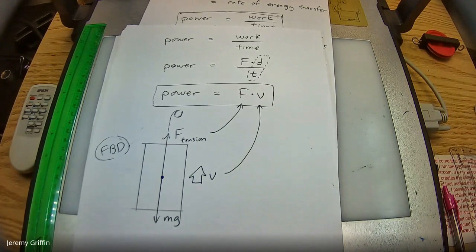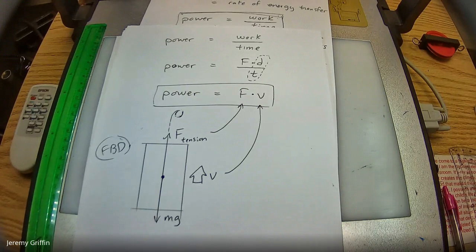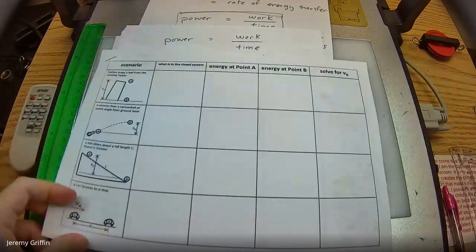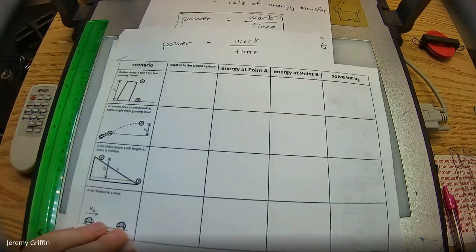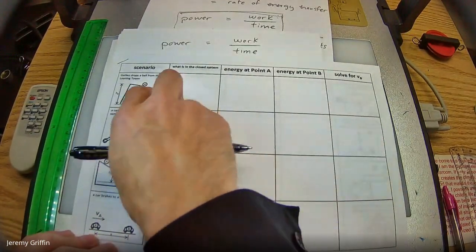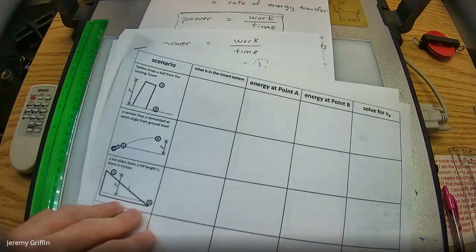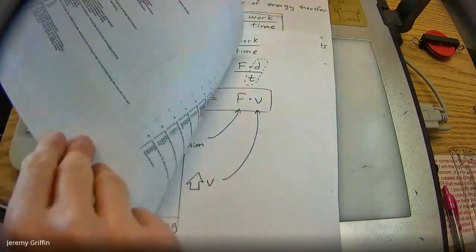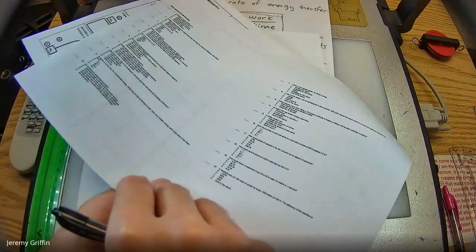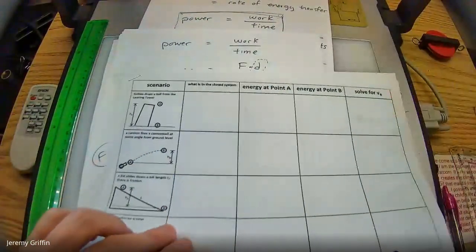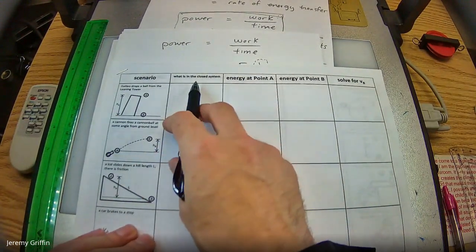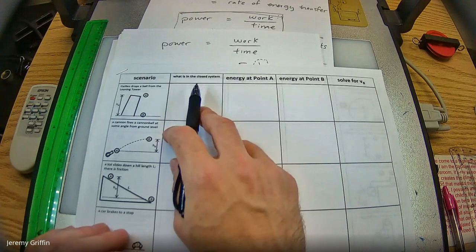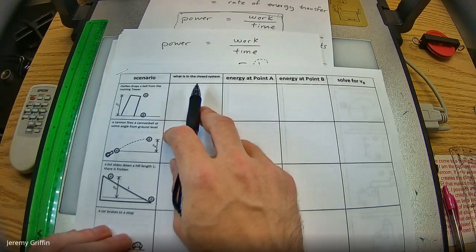All right, let's look at this table. So we're on time. I've got till 14. So you guys see this table right here? Let's do at least a couple of these. I've got for you guys lots of different scenarios. There's a few pages of these, and actually the very last one, in case you hadn't noticed, was a bunch of conceptual questions again. Next column says, what is in the closed system? Closed system just means a system that does not have any outside forces acting on it.